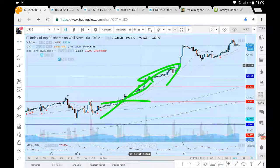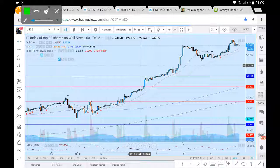We've not had much of a reaction to 25,000. Brief reaction. Let's just clean these charts up. So we've had a brief reaction to 25,101. Tested from above, and we've had further upside continuation above 25,300. Pullback to which we've had a break of